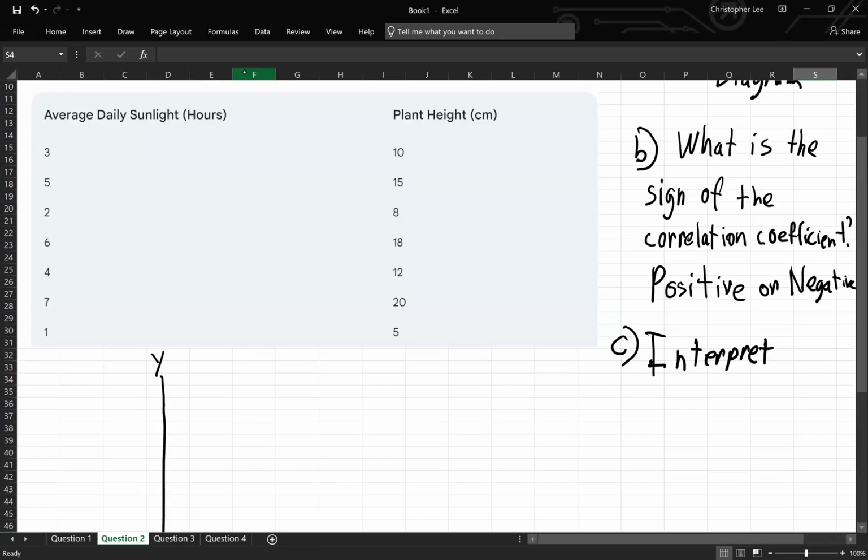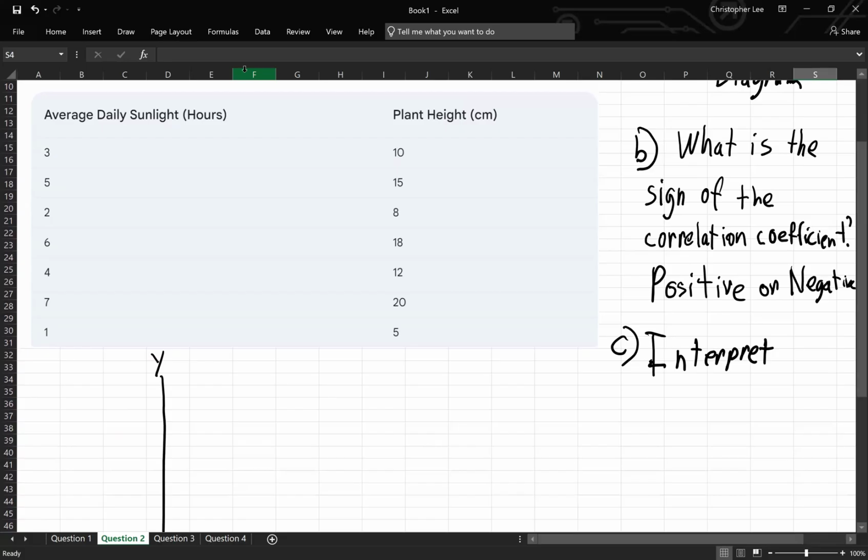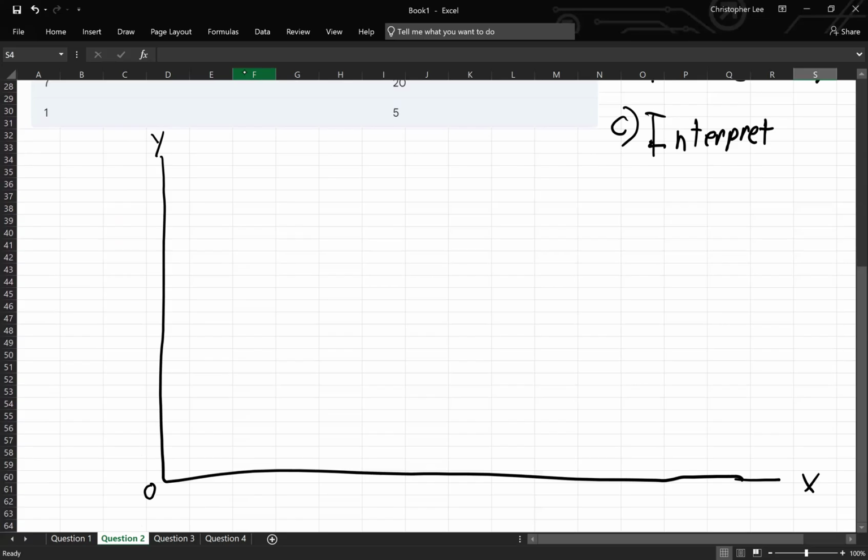Now, my x's are going to be my, trying to think real quick. Let me think. I feel like I would rather make the hours my y and make the x's my plant height. Now, as long as you are consistent, you will still get the right answer with what I'm about to do, right? So I'm going to switch my x and my y, right? As you can see, the story didn't flat out tell me what is x and what is y. So I have the leeway to choose what I'm going to call x and what I'm going to call y. I feel like calling the y, right? My hours, because the biggest number there is 7. And it's easier for me to go from 0 to 7. So I'm going to call y hours,